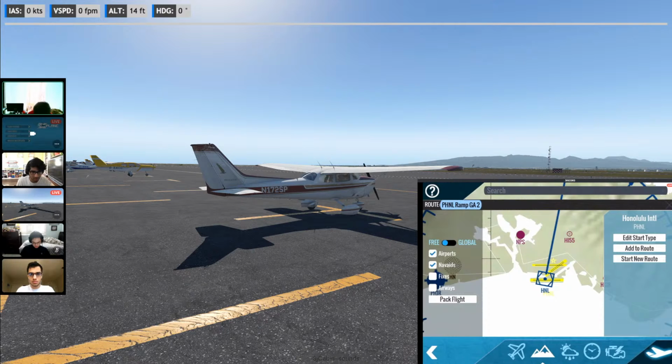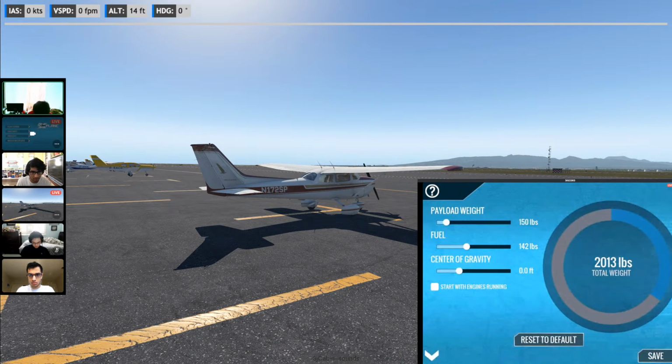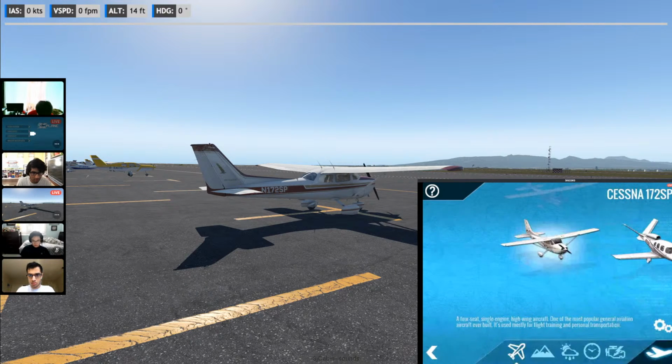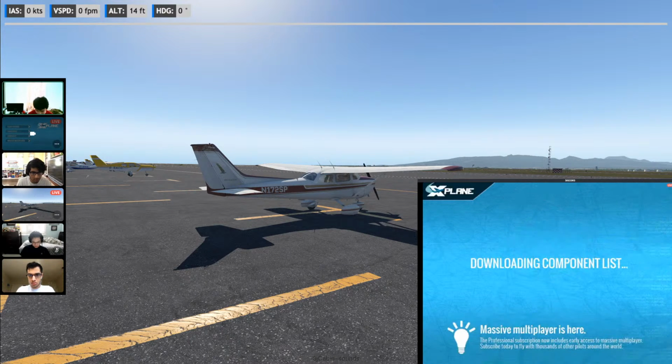And what we want to do is start with our engines off. So we're going to go here, go to settings, and then we're going to uncheck this box right here. And then you just click start. And then after a bunch of loading again,